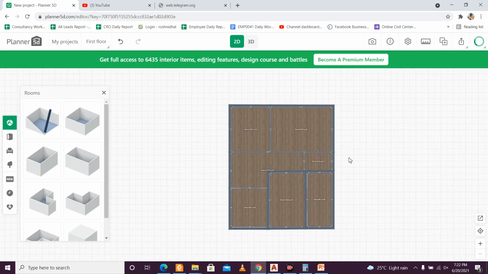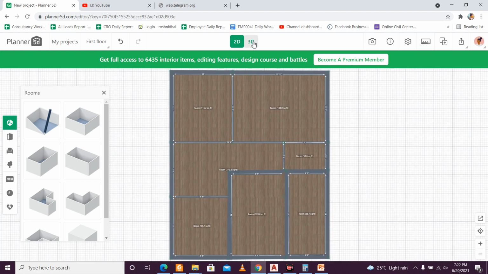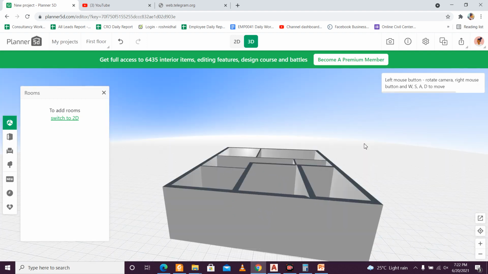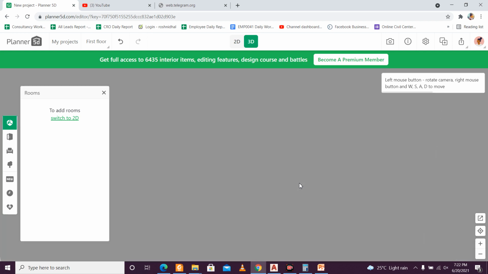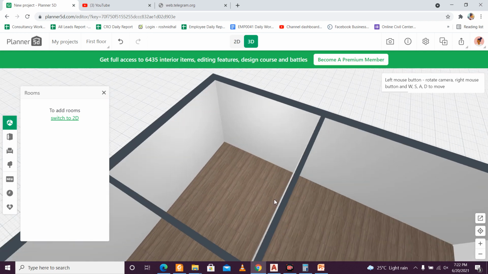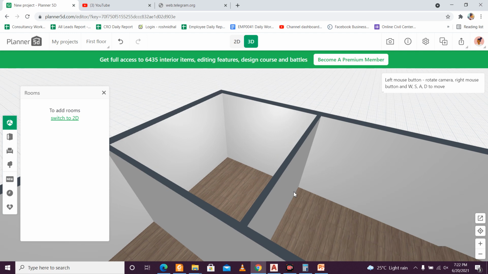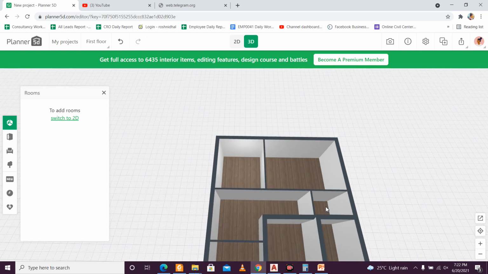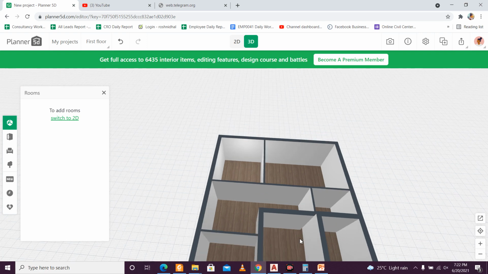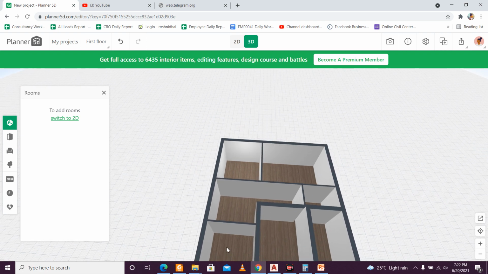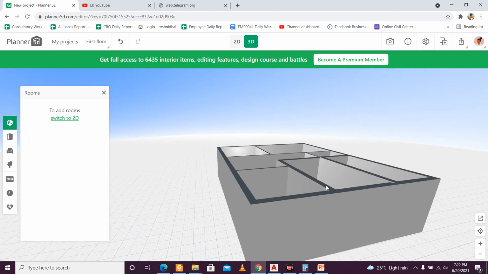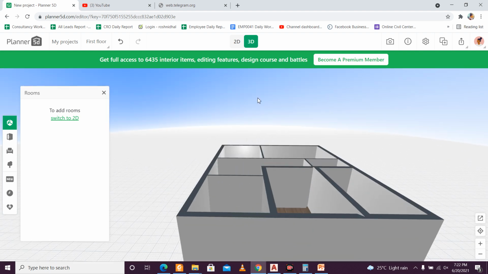So planning is done. If you can check in the 3D view now, this is the 3D view, and you can observe the components here. Pretty much can just move into the 3D view here, and this is our kitchen, and this is our bedrooms, and this is our dining area. This portion, dining area, toilet, kitchen, bedroom, stairs, and then parking, and then here is our drawing room. So this is pretty much okay for a free software like this, and since we are doing it for the first time also, it's very easy to learn.